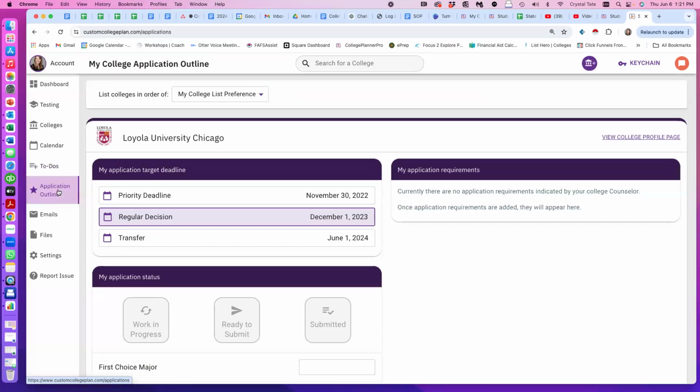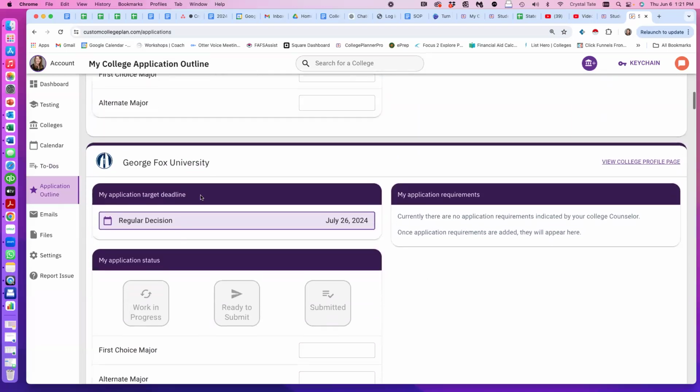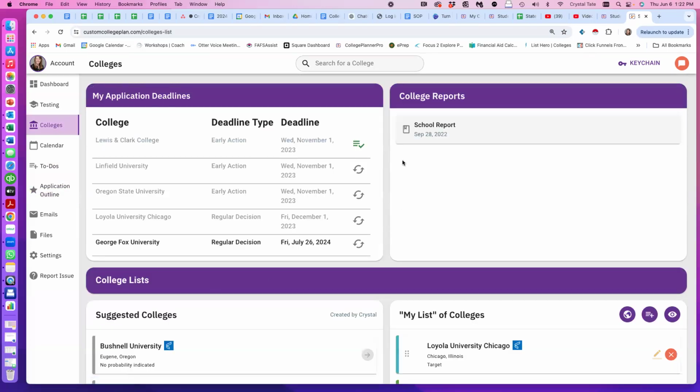What's great though is the application outline does list out all of the schools that they have, and then you can see what their opportunities are for submission. So we've got regular decision for Loyola. We've got George Fox is also a regular decision, and here Lewis and Clark is an early action institution. And so when we select those over here on the colleges tab, it is going to highlight all of the deadlines that we have coming up for those institutions,